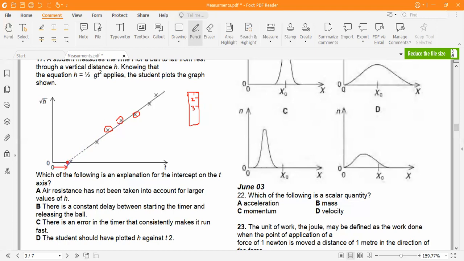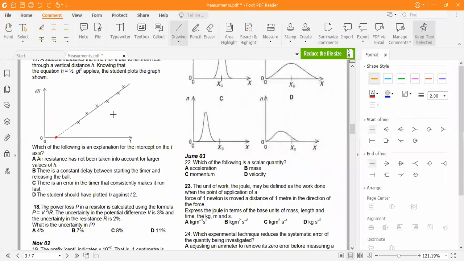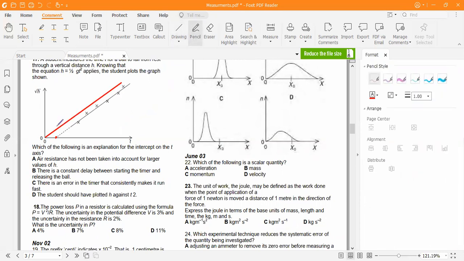So in this case, you can see the y-intercept is moved. All the points on the line are equally affected by this systematic error. If the y-intercept of the line moves, it means that there is some systematic error. If the points move randomly like this, then it means only random error. In a case where there was only random error, my graph would look like this basically, and the points on this graph would be like this.